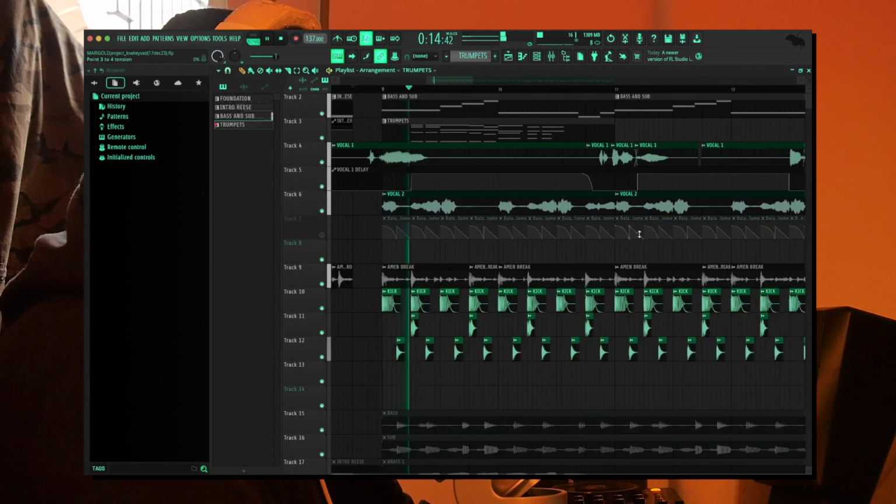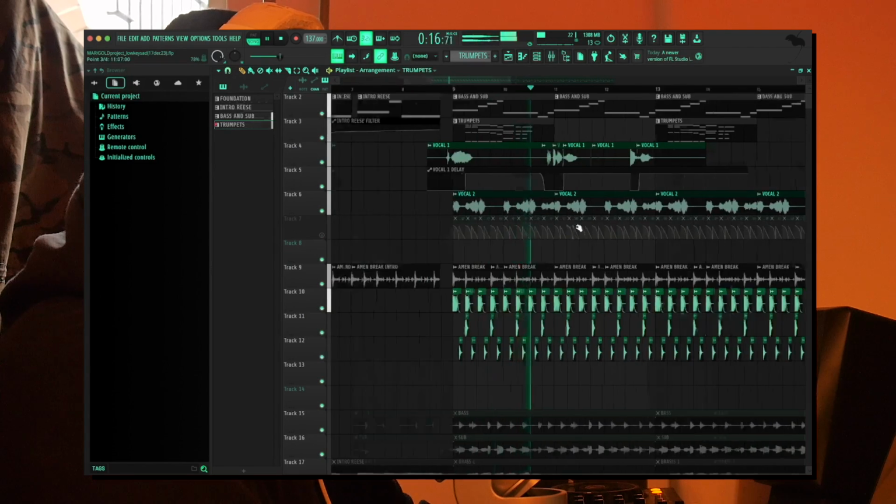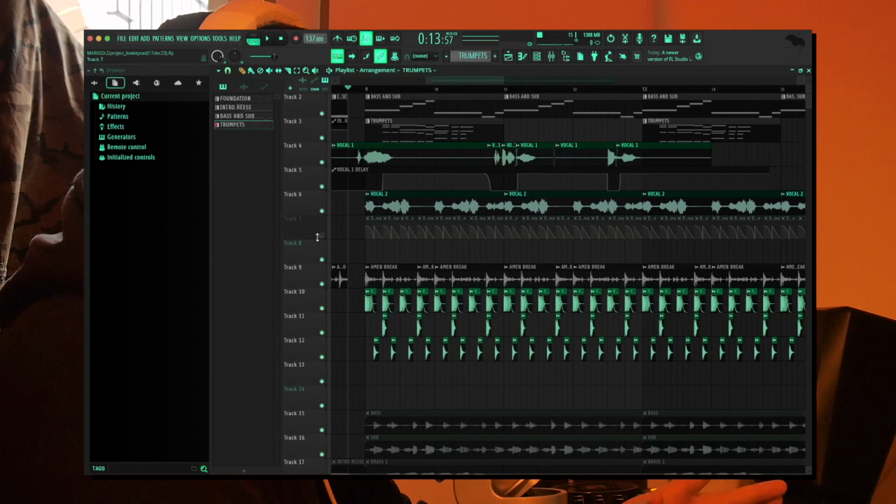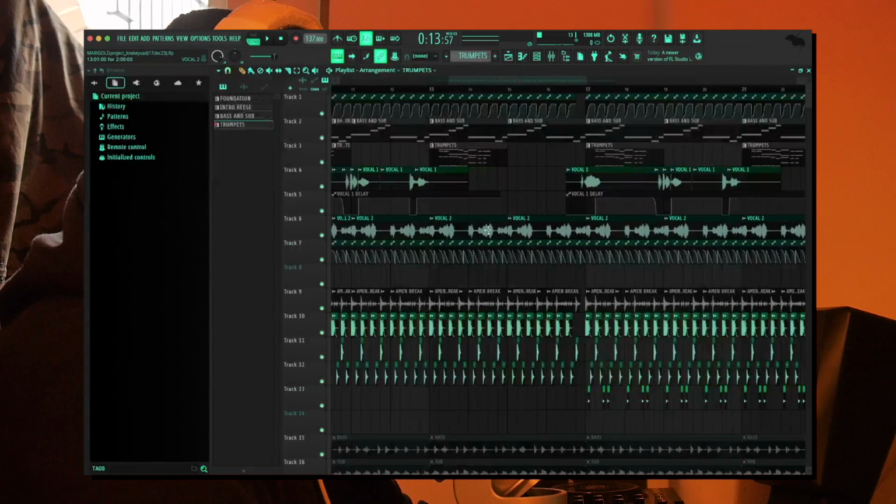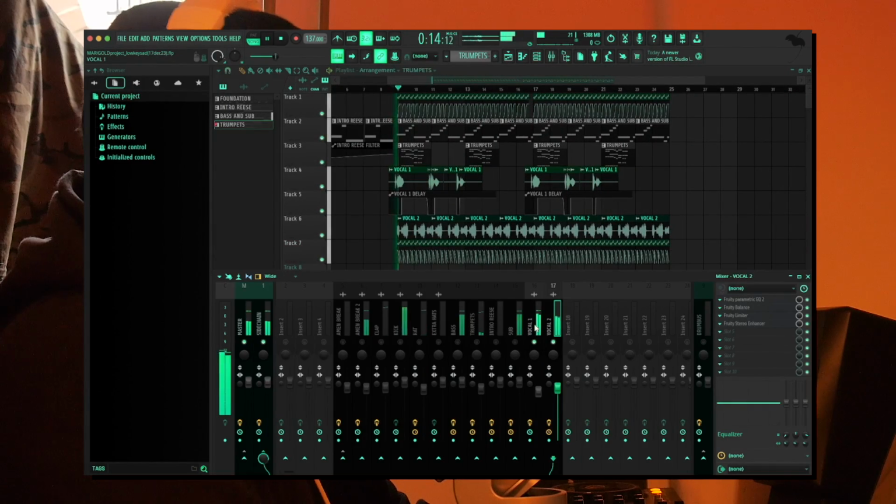Sounds like this. I just didn't like how much it was occupying the space, so I just reduced it with this balance. And together,